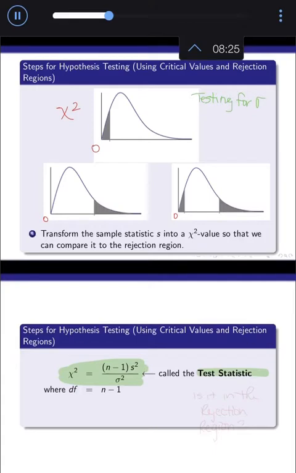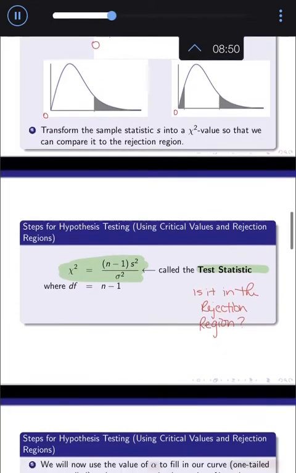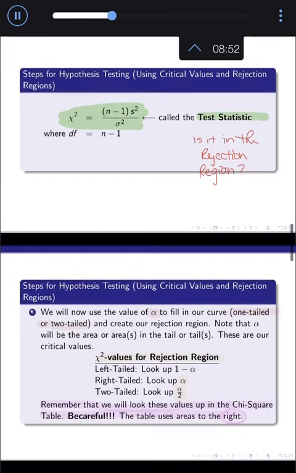That test statistic, though, is what we're going to need to determine, is it in the rejection region? Well, we haven't even talked about how to find the rejection region yet. Well, how do you find the rejection region? Well, you're going to find the rejection region by,